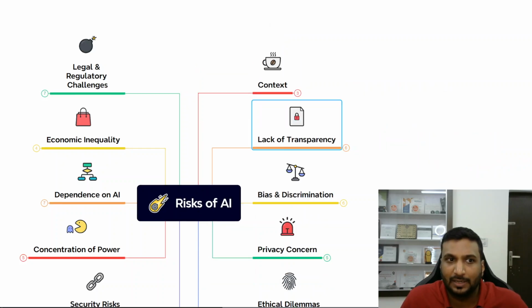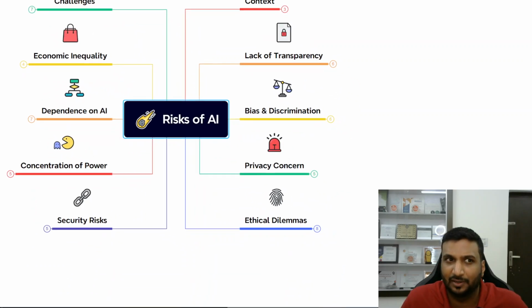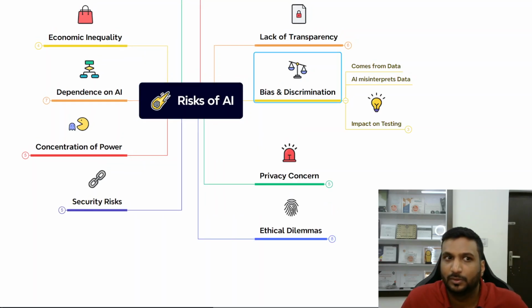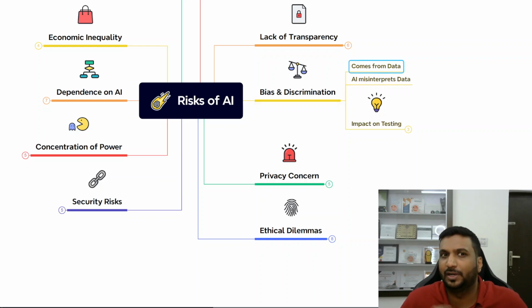The next part is biases and discrimination. That's a major risk that I see a lot of forums have been vocal about, and it primarily comes with data. Sometimes data is biased, sometimes there are unconscious biases in the data. And I was reading this